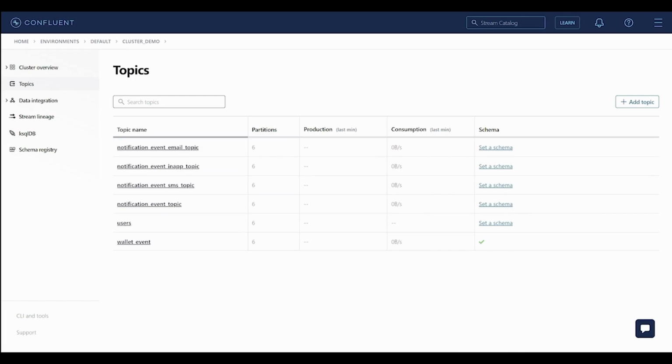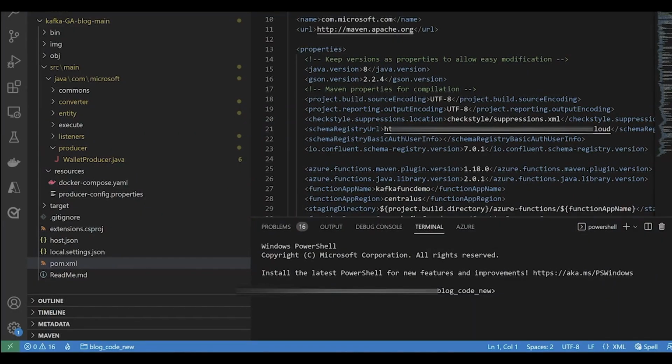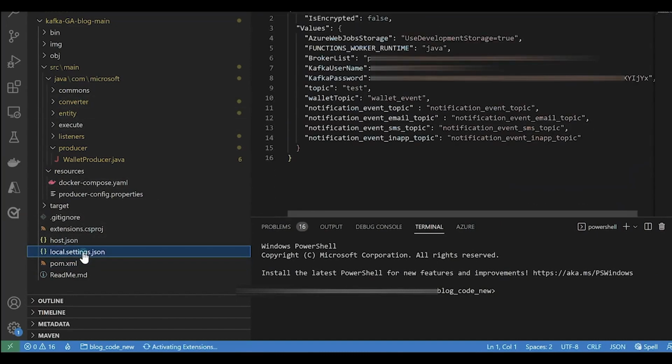Now let's switch to the Visual Studio Code editor. Here, first clone the Git repo and make sure you update the local.settings.json with the Kafka broker URL, API keys, secrets, and topics that you have configured in the previous step.